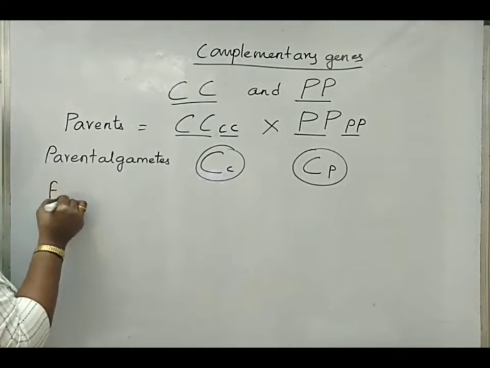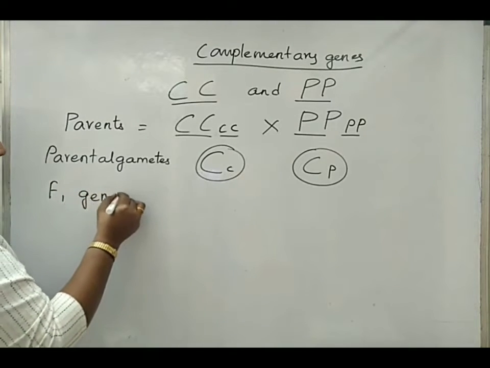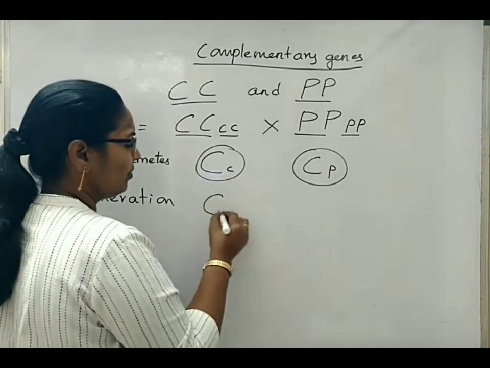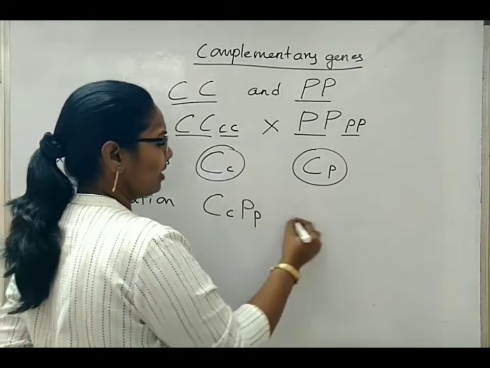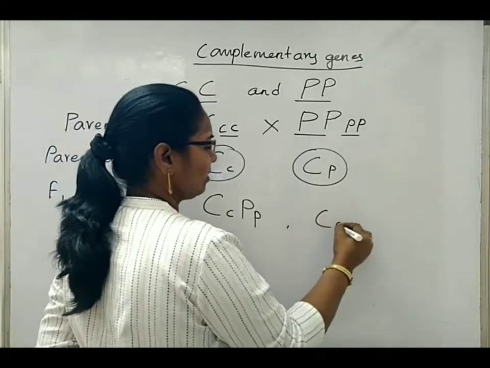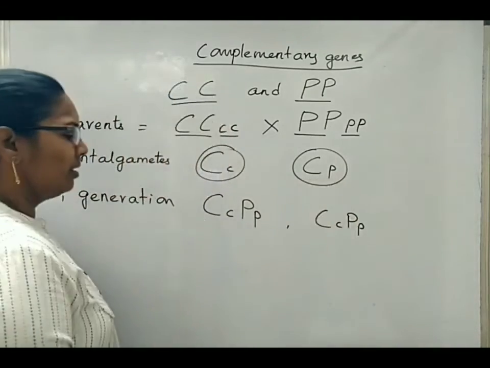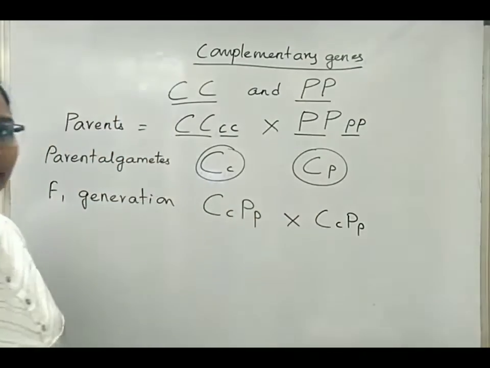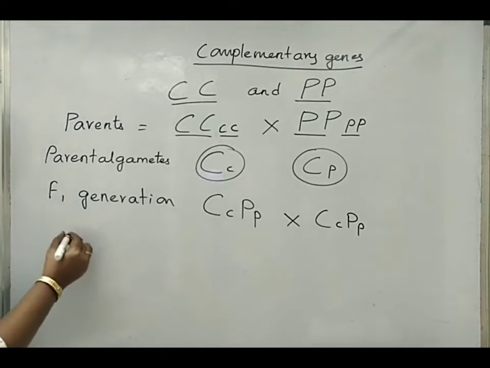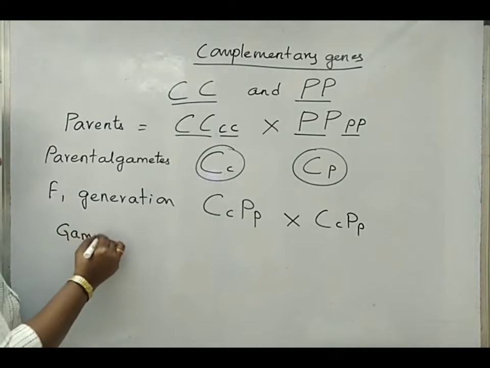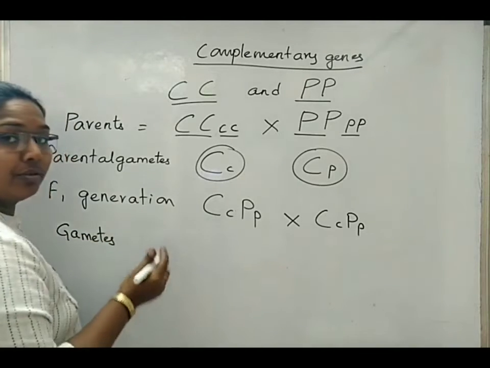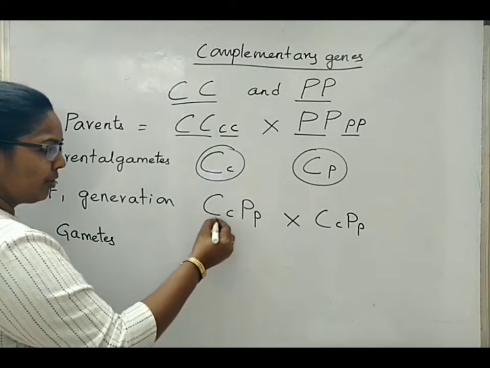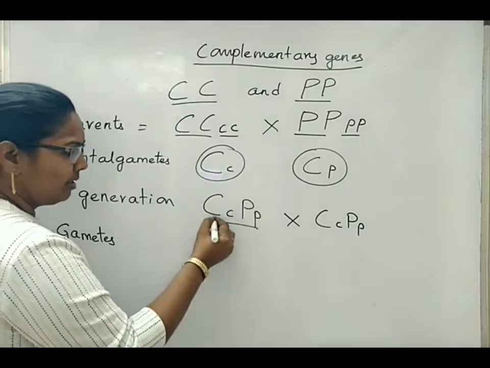Now, when we go for the F1 generation, when we cross this, we get the combination of alleles like this. And to obtain the F2 generation, we have to cross the same F1 offspring among each other. So the gametes from the F1 generation will be of how many types? 4 different types. Total number of alleles is 18. So from this one, I am extracting the gametes like